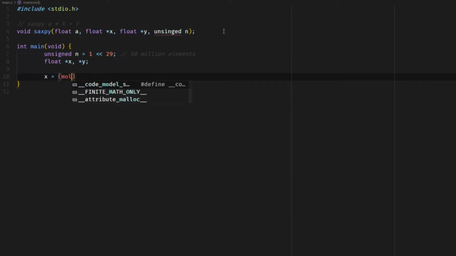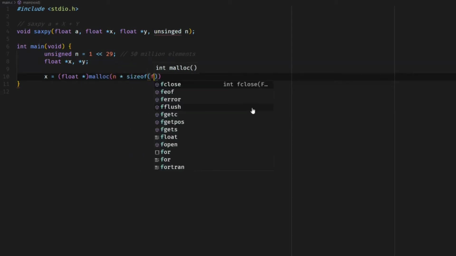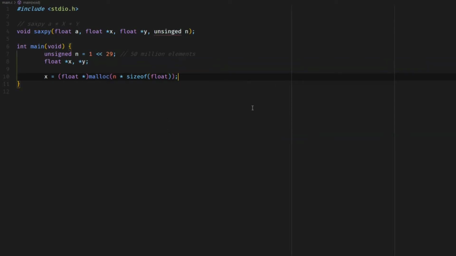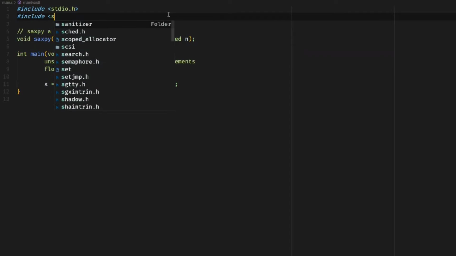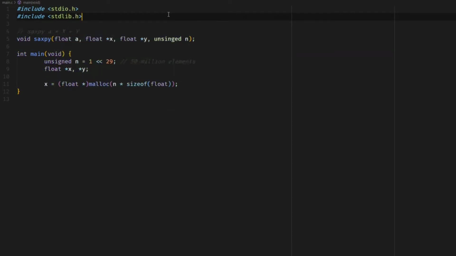We'll use malloc to allocate memory for our arrays. Now since we are using malloc, we will need to include the standard library here. We can do exactly the same for y. Let us initialize our variables, our arrays basically.